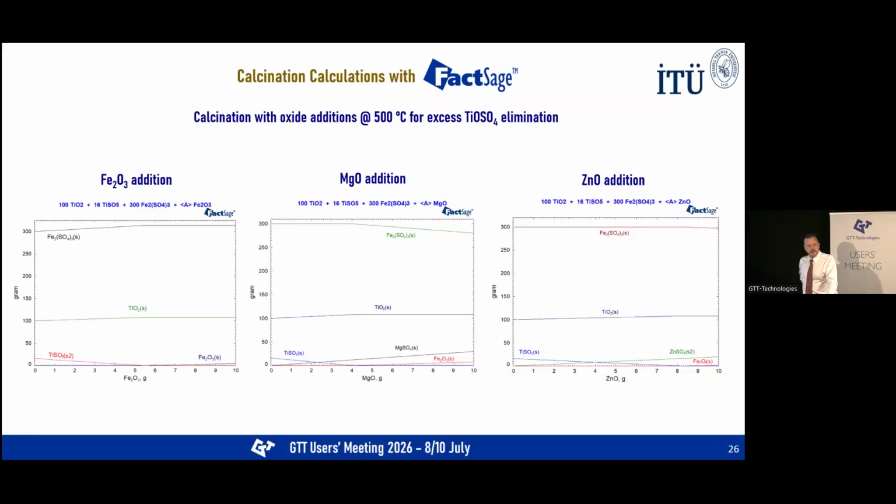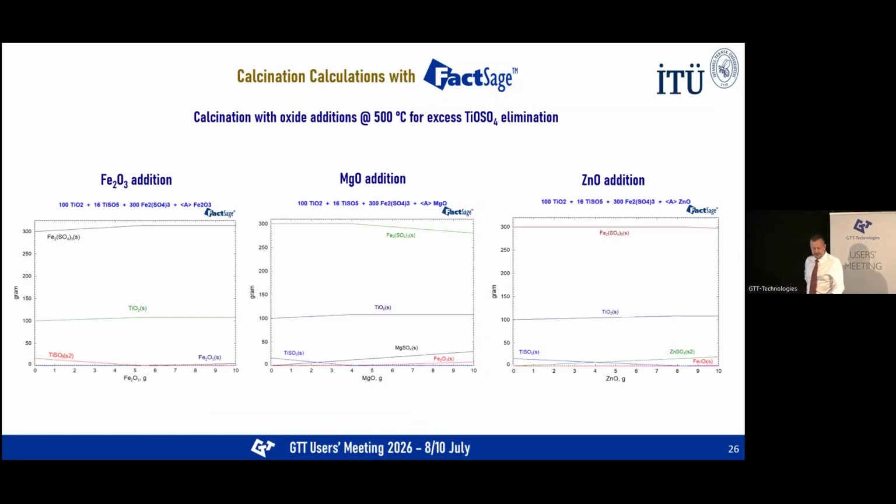Although 500 degrees Celsius produced mainly anatase, titanium oxide, a small amount of residual titanium oxysulfide was still remaining in the system. So therefore, FactSage was further used to